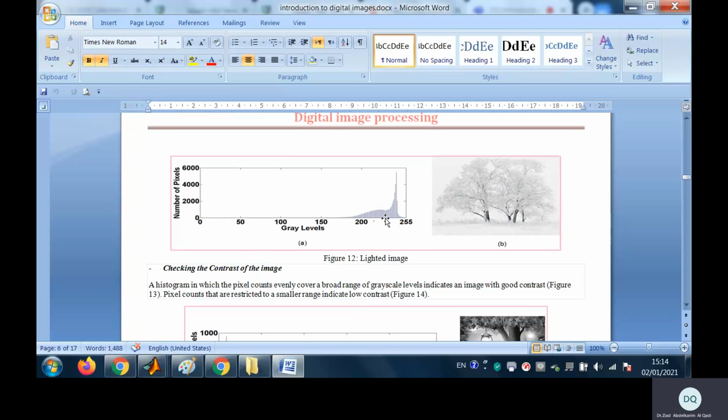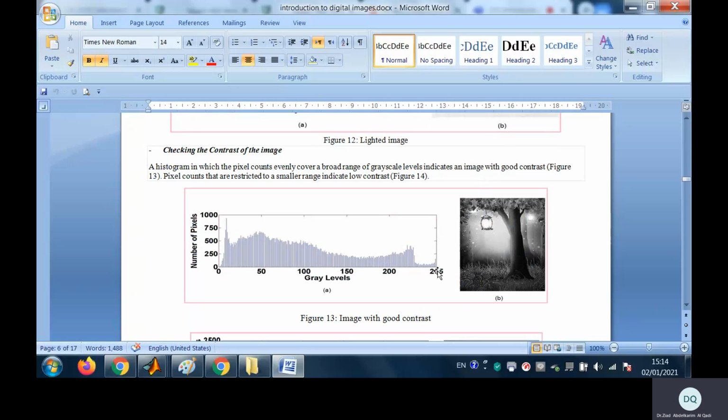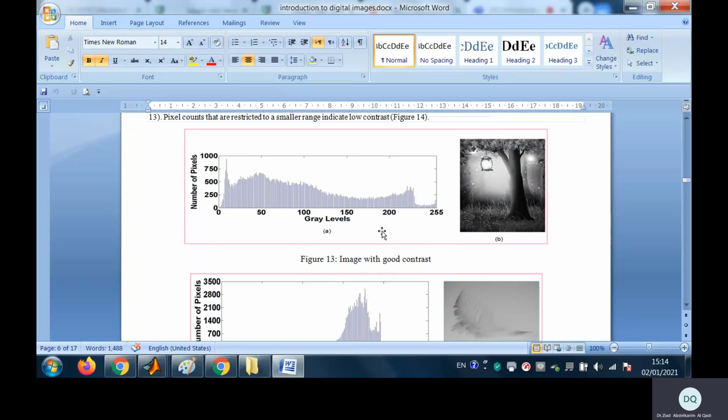Here, the gray values are concentrated close to the maximum gray value, so the image will be light. Here, the values are normally distributed, so we can say that this image is a good image,